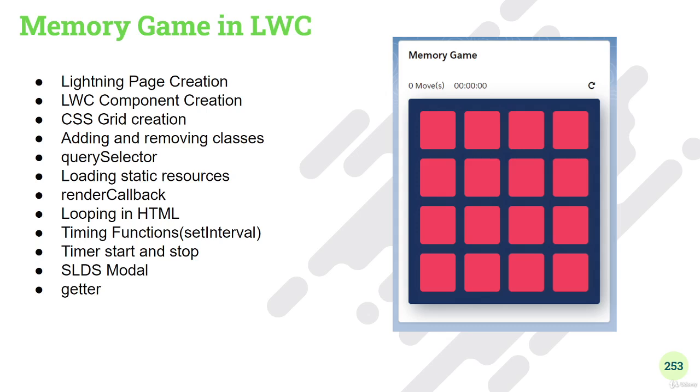Then we have a timer in our game. For that we're going to use the set timer set interval function. We have a feature to start and stop the interval. Then we're going to use a modal for showing you the congratulation message once you complete the game, and we're going to use getters in a few places. So let's go to the